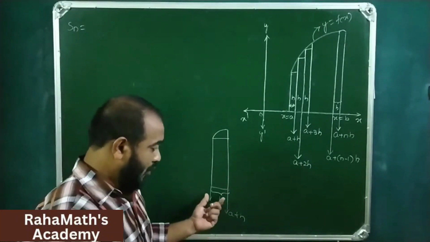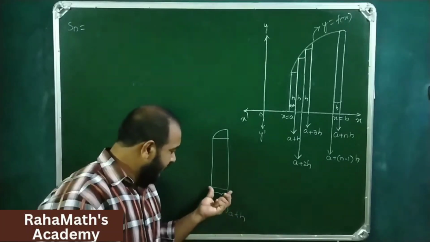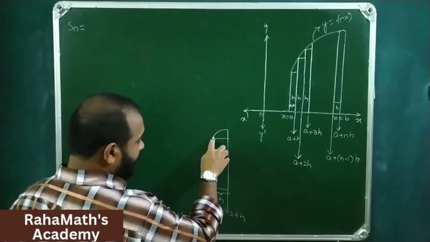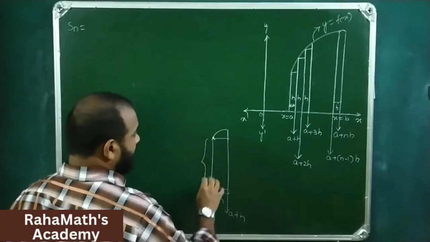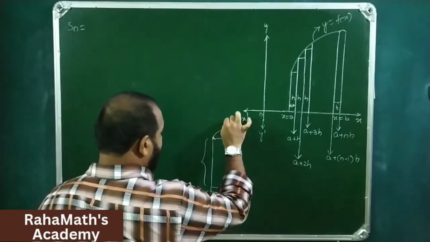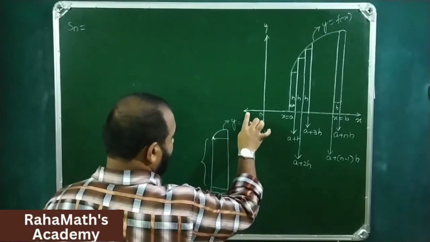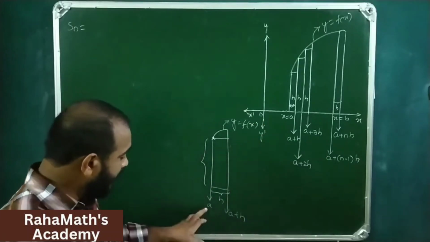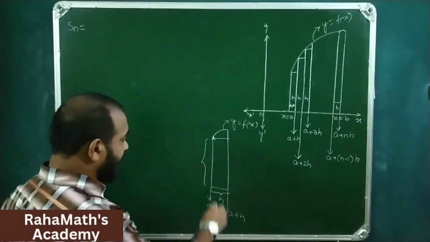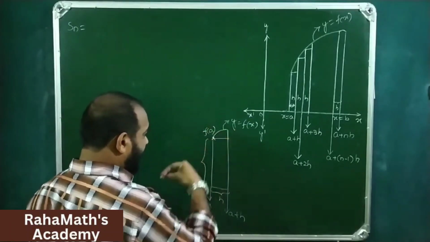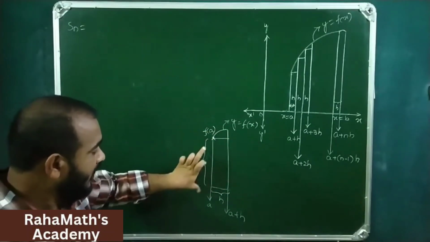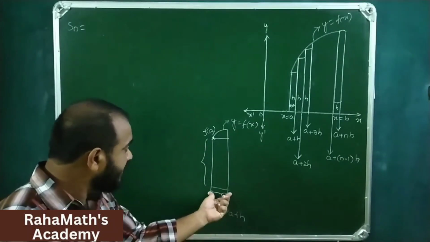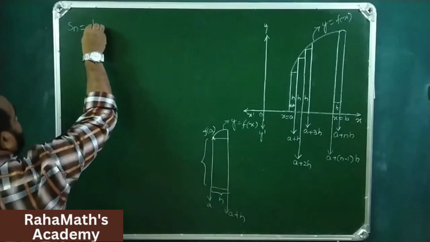We know that the area of the rectangle is width into height. So if it is a, can you tell me what this height is? Since this is the y equals f of x curve, simply substitute this a value, then we will get f of a. So f of a is the height. So the first rectangle is h into f of a,